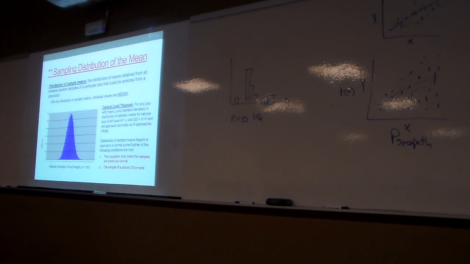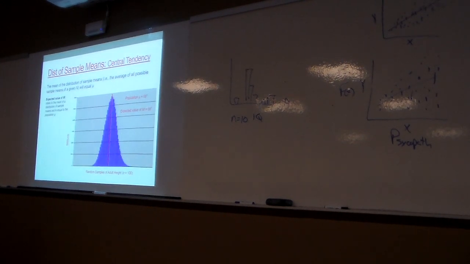So again, this is an important concept. I put together and gave you guys a link to a screencast demonstration of what this looks like and how this works. If you want a refresher, that'd be a nice thing to go back through and take a look at, just so you have a handle on this sampling distribution stuff. Okay. So questions on distribution of sample means, central limit theorem, the mean of the sample means equals the population mean? Comfortable with this? Okay.